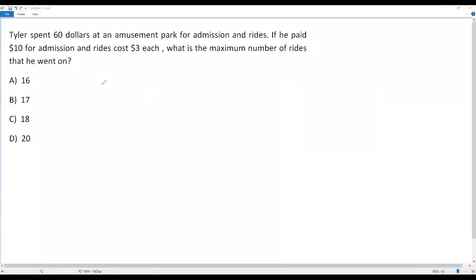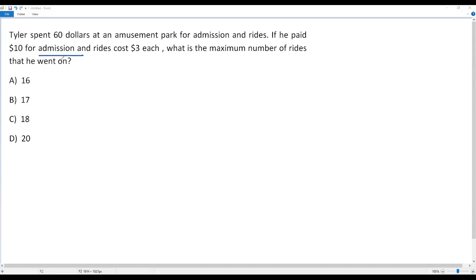Here we have a SAT math question. Okay, let's go to the information. Taylor spent $60 at an amusement park for admission and rides. If he paid $10 for admission and rides cost $3 each, what is the maximum number of rides that he went on? According to the given information, Taylor spent $60 for both admission and rides, in which he spent $10